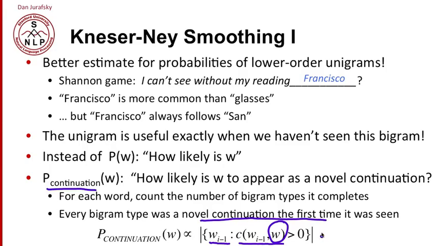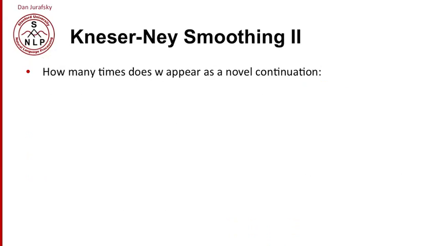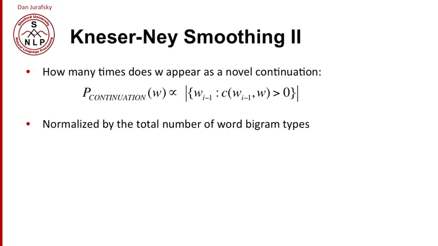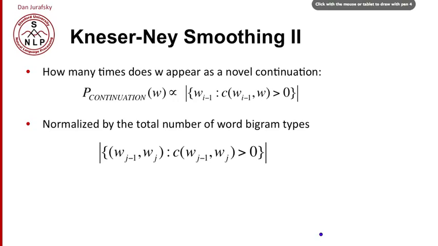That will be the cardinality of that set. That's a number we would like our continuation probability to be proportional to. So how many times does W appear as a novel continuation? We need to turn that into a probability, so we just divide by the total number of word bigram types. So of all word bigrams that occur more than 0 times,